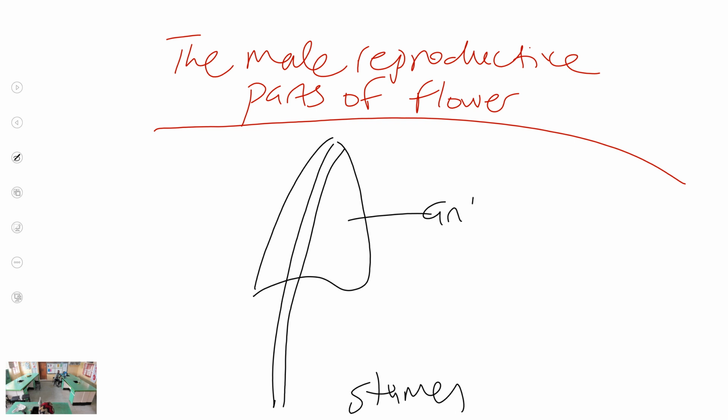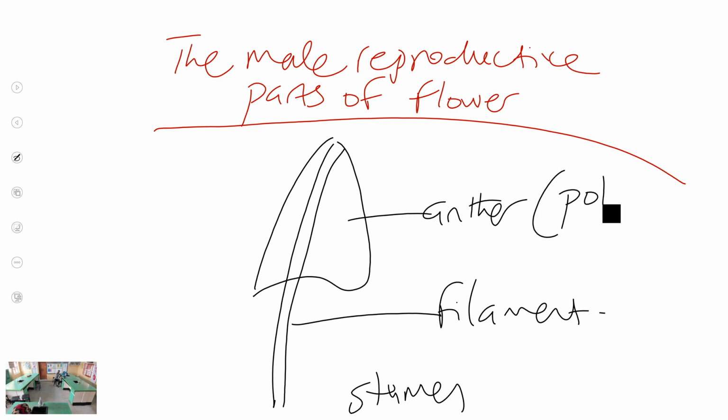It consists of the anther and the filament. The anther carries the pollen grains. The pollen grains are the male gamete in plants, while the filament carries the anther. Any question? Okay. In conclusion,